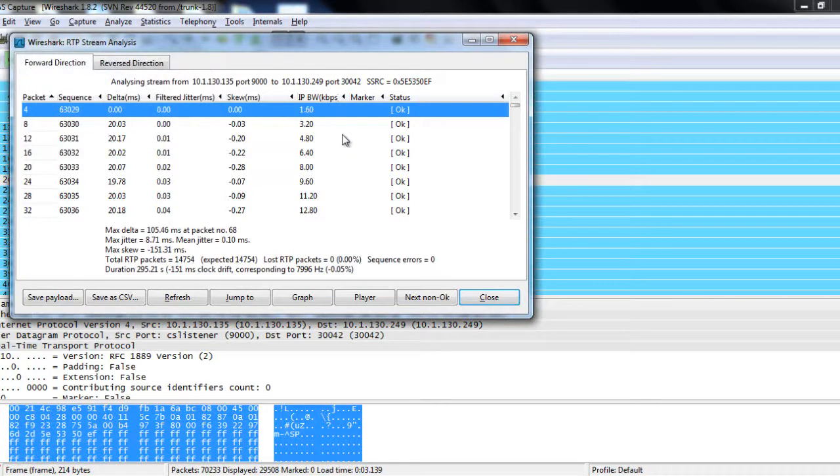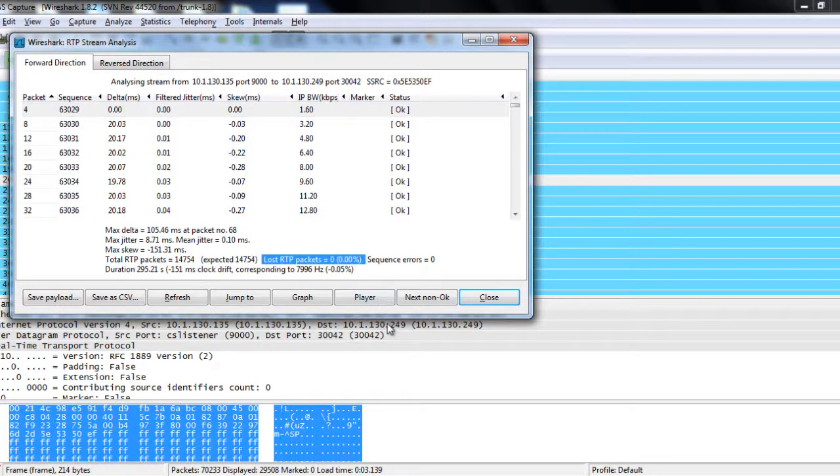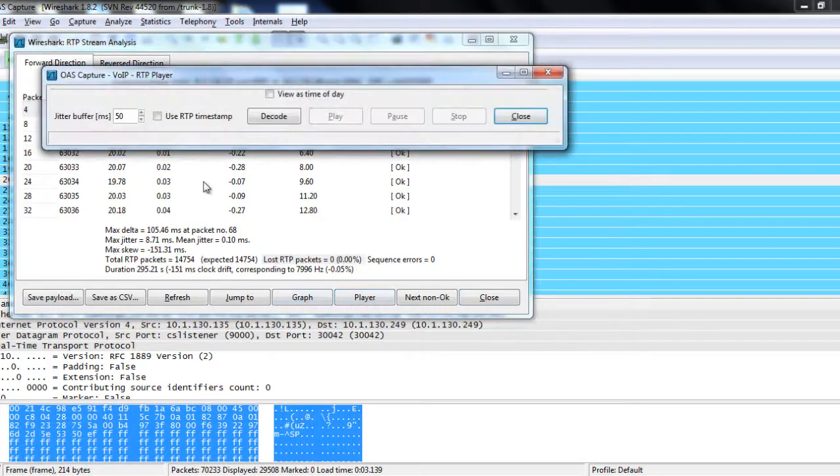And for this particular tutorial, what we're concentrating on is we just want to see if we have dropped packets, or if we're looking at a one-way audio scenario. Right here, we can see lost RTP packets, and the stream is 0, so that's very good. The other thing that I can do from this screen is we're going to go ahead and go to player